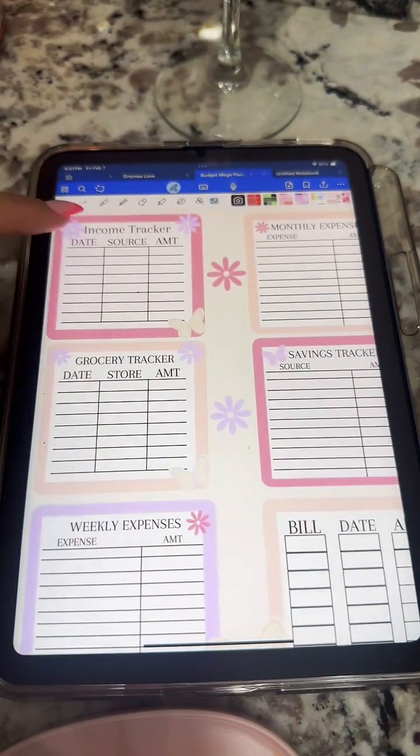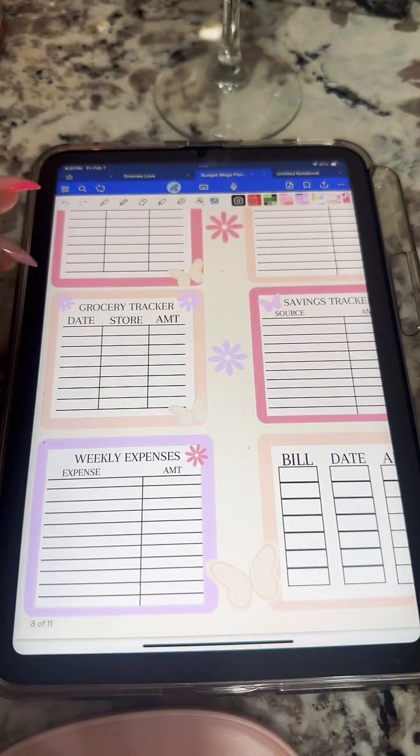And then you get the stickers and widgets. So you get like little stickers to income tracker, grocery tracker,